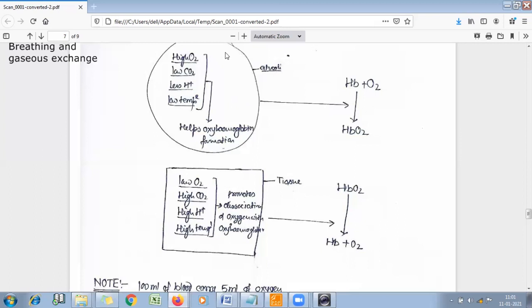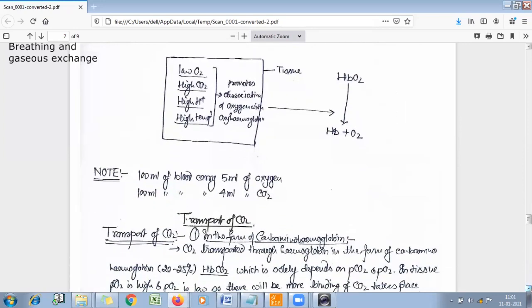And as we know, it is a very essential step in the transportation of oxygen from the lungs to the tissues that hemoglobin should bind with oxygen and transport it, and where it has to deliver the oxygen, that is the tissue, it should be dissociated. So we can see here all these four conditions in alveoli and tissues. In the case of alveoli, it supports the binding of oxygen. In the case of tissues, since tissue needs oxygen, it helps in dissociation of oxygen from this hemoglobin.